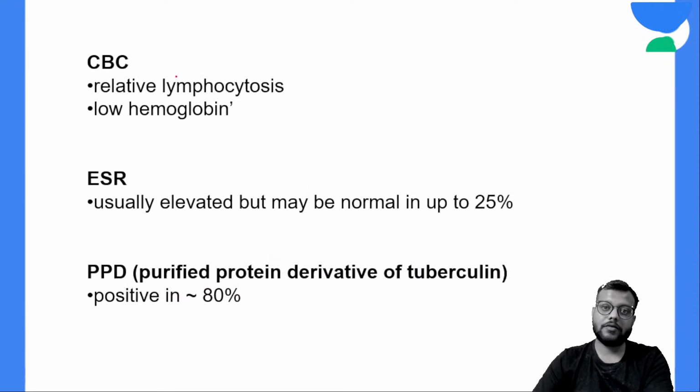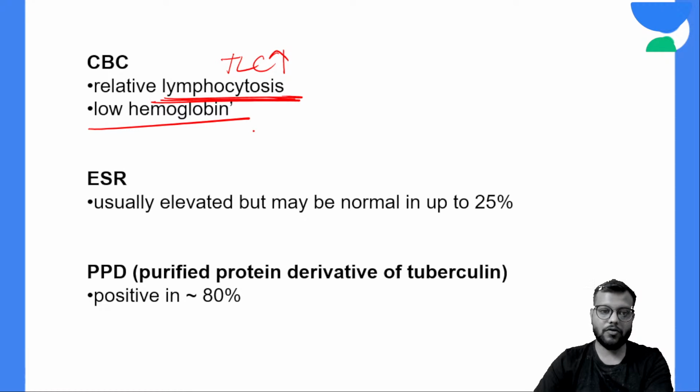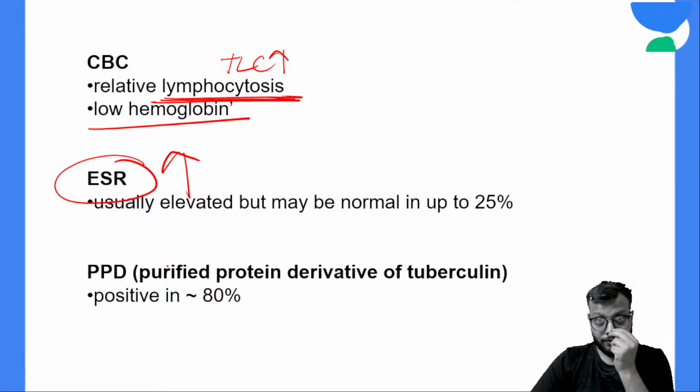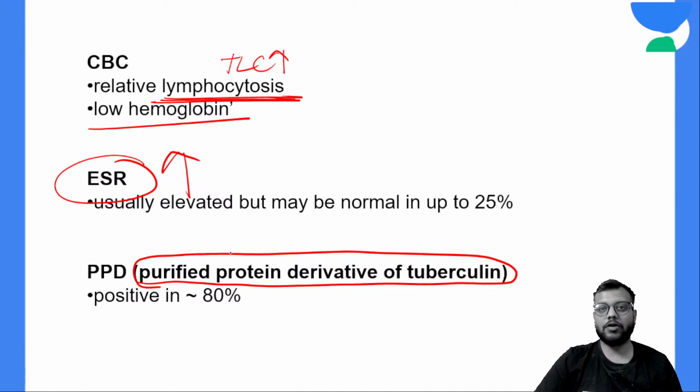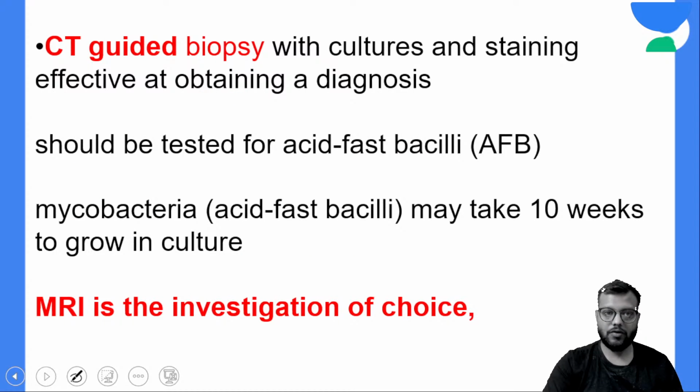Okay, so in CBC the TLC count will be increased and the lymphocytes will be increased more, hemoglobin will be less, ESR will be elevated, and there is one specific test called the PPD, purified protein derivative of the tuberculin, and it will be positive in 80% of the cases. Okay, now